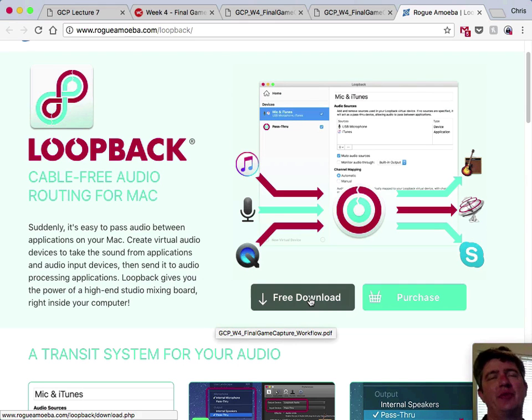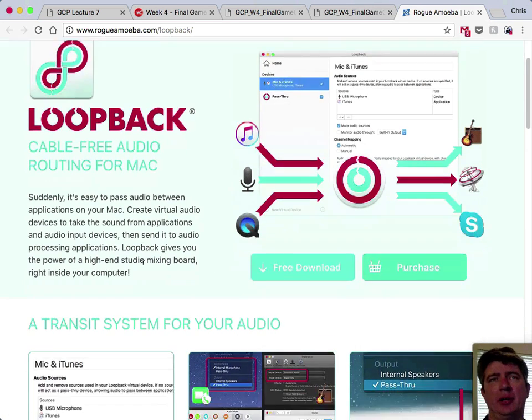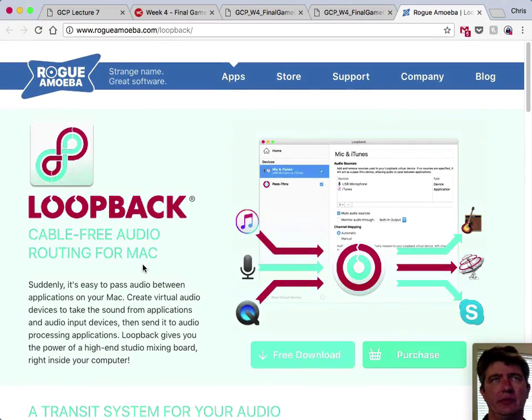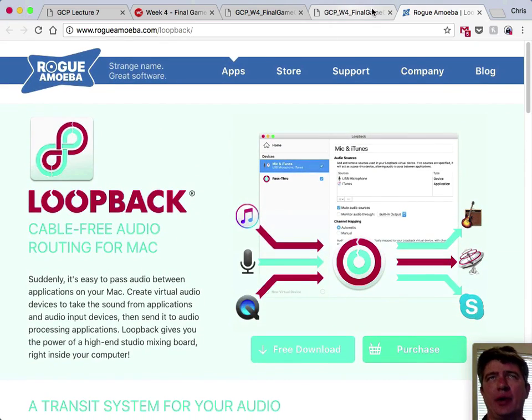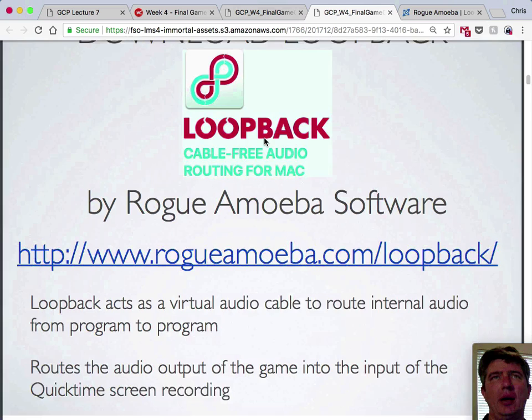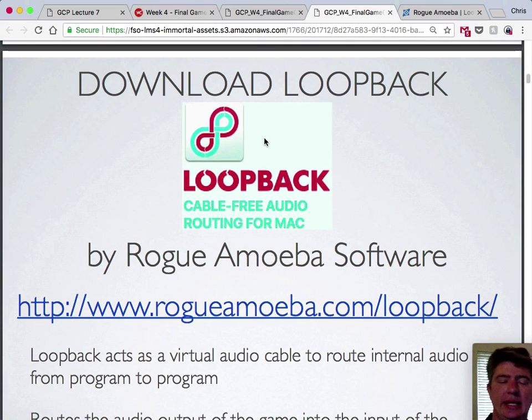The limitation with the free download is that it lasts for 15 minutes, and you only need to record for a minute or two. So if for some reason the 15 minutes runs out, then you just shut down the program and open it back up, and you've got another 15 minutes. But after a while, it starts blasting white noise at you, so make sure if you hear that, that's what's going on there. So you just download Loopback, and it is a virtual audio cable application